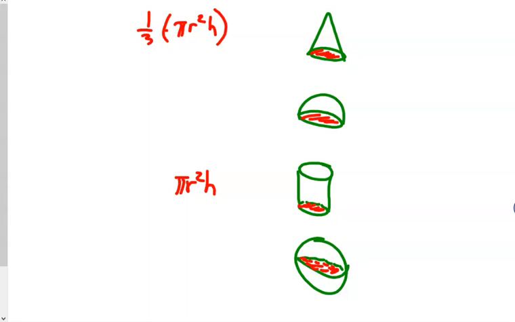From the previous discussion, the formula for a cylinder is pi r squared times h, where pi r squared is the number of cubes per layer. And then a cone is pi r squared times h again, which is the volume of the cylinder, and then we have to divide by 3 or multiply by a third. So in our video,